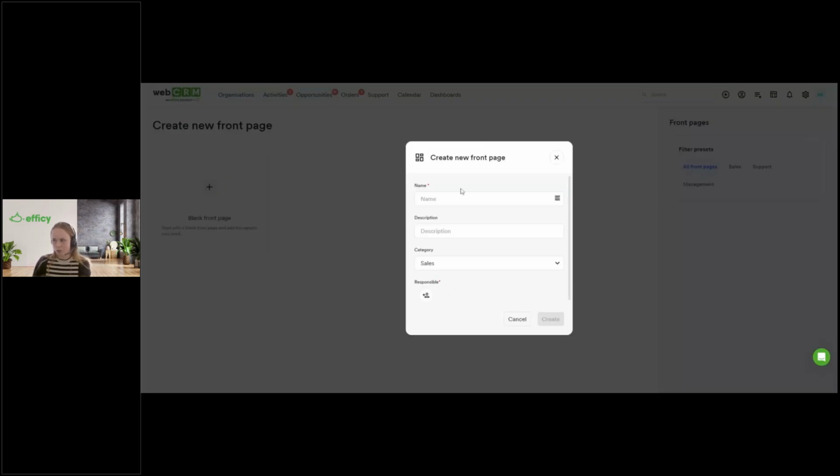When doing so, I need to give a name for my front page and a description for it. I choose a category in which I want this front page to be placed. In this case, we have a sales category, a support category, and a management category. So for example, if I want to create one for support, let me just name it support, and just say for